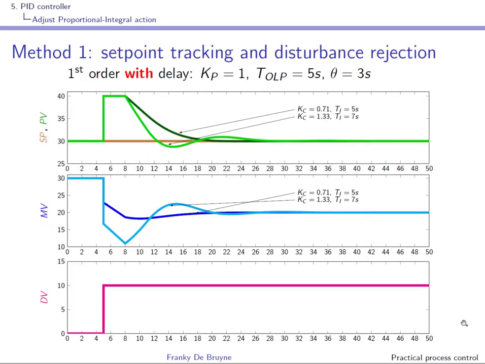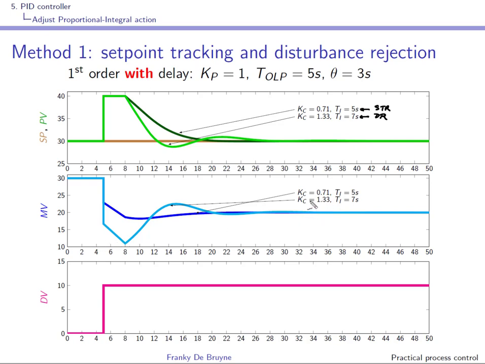In this slide we work on the same process, but we compare the controller that has been tuned for setpoint tracking, right, and the controller that has been obtained and tuned for a disturbance rejection problem, and we compare these controllers in a closed loop situation where we have precisely a perturbation dV that looks like a step, right? So you can see the corresponding responses on PV, the responses on MV, and here we